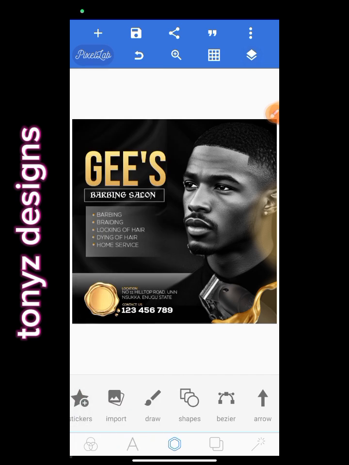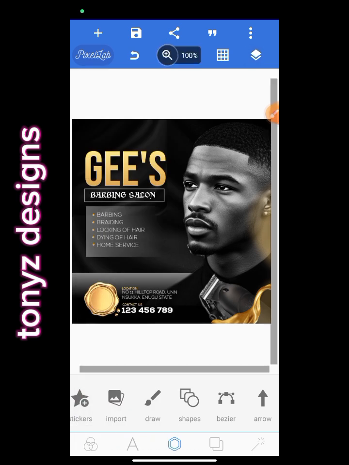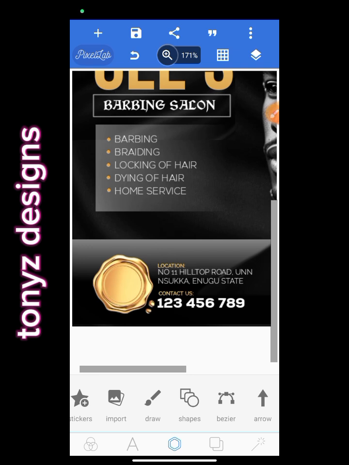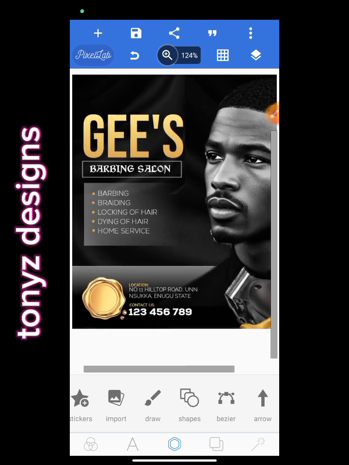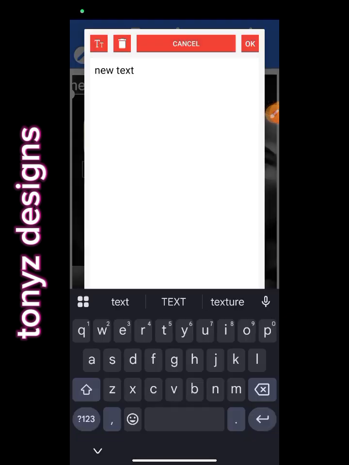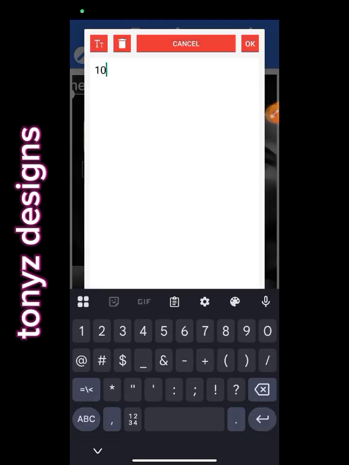Okay, so the next thing we'll be doing now is adding the discount here. We'll be giving them a notice. We'll be writing the discount in this ribbon here. Okay, then we'll go over to shape. We'll go over to text. We'll be adding a text to this. Okay, let me first of all write 10%,